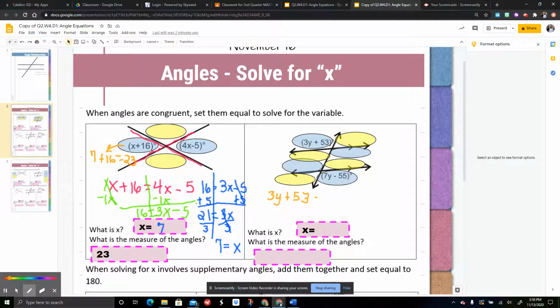3y plus 53 is equal to 7y minus 55. So again, we have this variable on both sides. The variable is y. So we need to decide which variable we're going to move over. Since we have 3 on the left and 7 on the right, we'll move the 3 over. And that leaves me with 53. I'm going to rewrite it over a little bit so I have some room to work. So 53 equals 7y minus 3y is 4y. And then I bring down the